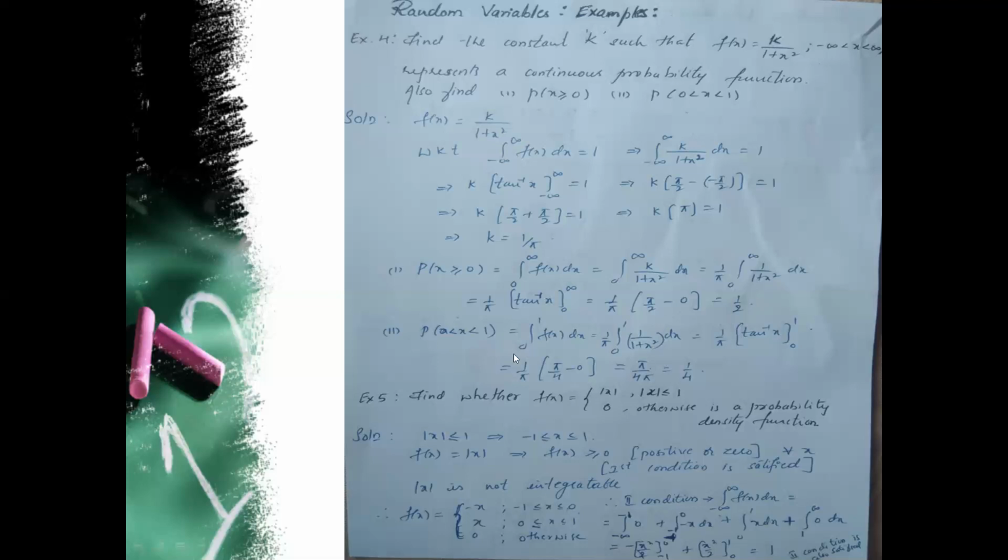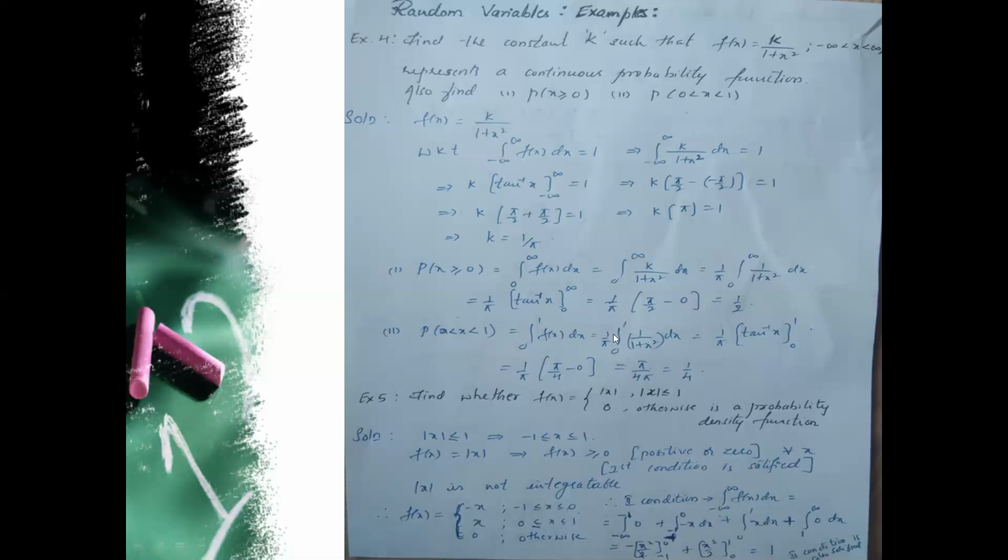Now one more is asked: the probability that x lies between 0 and 1. So you can see that it is the probability that 0 less than x less than 1. If at all it is 0 less than or equal to x less than or equal to 1, we'll again write it as integration from 0 to 1 only, because the probability that x takes a single value in a continuous distribution is treated as 0, negligible. Hence, the probability that 0 less than x less than 1 will be the same as the probability that 0 less than or equal to x less than or equal to 1. For both, we'll be considering integration from 0 to 1 f of x dx.